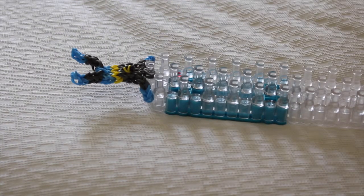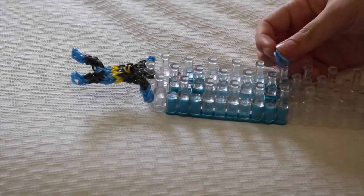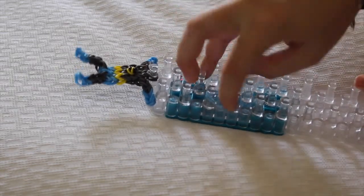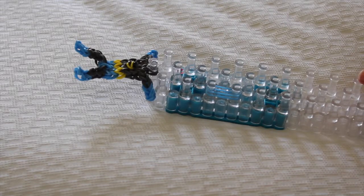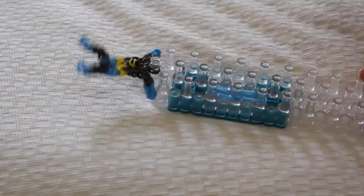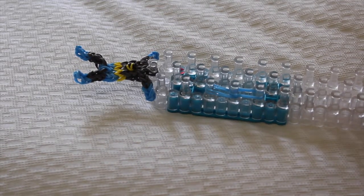So first off we're going to do his ears. And you can either do them on the loom or on your hook, like how you did the arms, and I'm just going to show you how to do them on the loom. So grab two of your light blue loom bands, and we're going to hook it on the left side here. Grab another two, add them on there, and then we're going to grab just one single blue band,